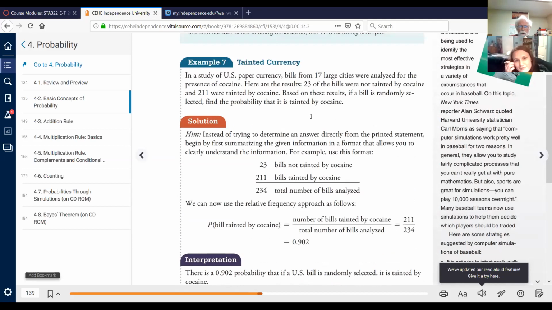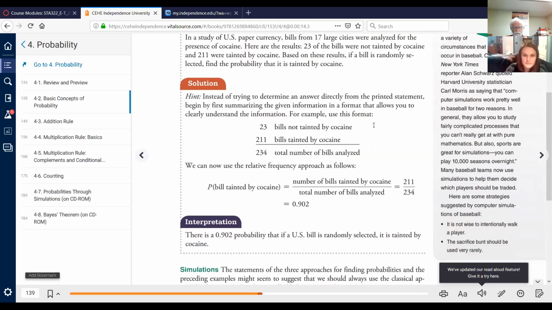They tested 234 bills, and found that 211 were tainted by cocaine. So what you want to do is look at that and say, okay, it looks like